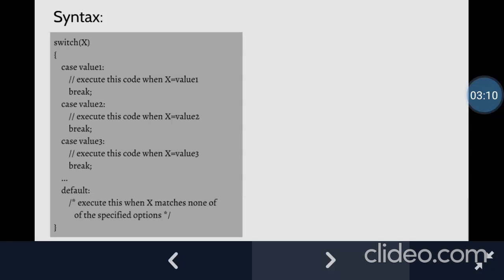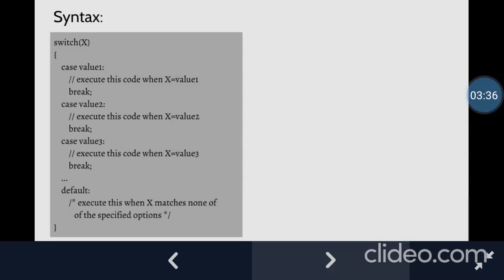At the end, you have to write a default case. Now what is this default case? In case your expression x does not match any of the cases specified earlier, there is a block of code which has to be executed by default. This block of code we write in the default. So can you see the default keyword? It is followed by a colon.